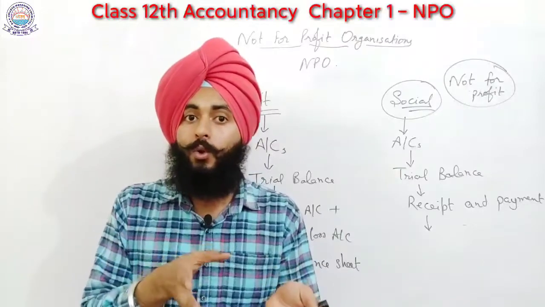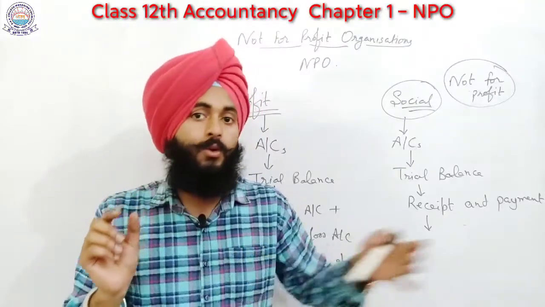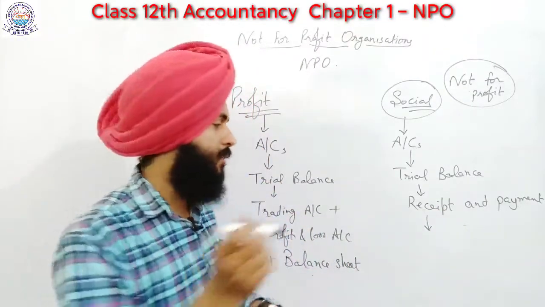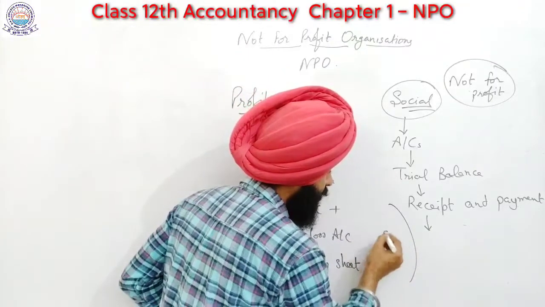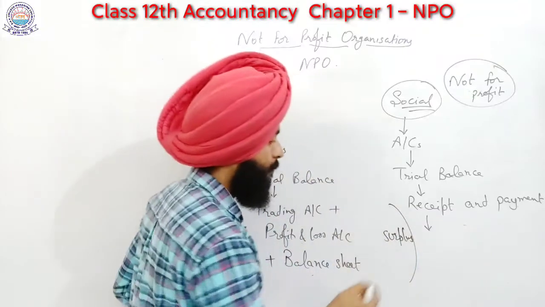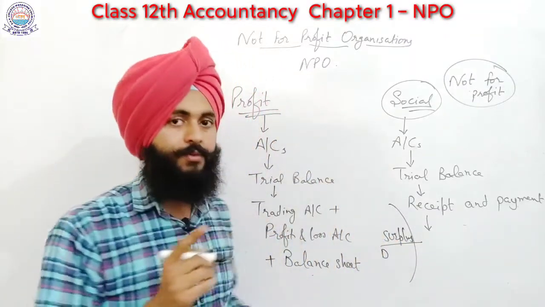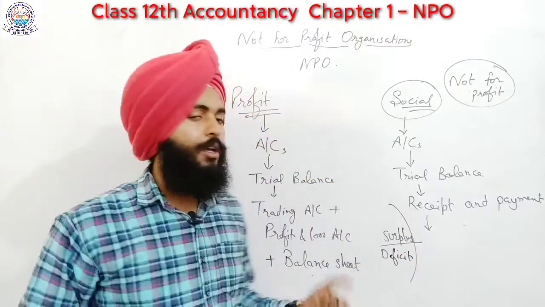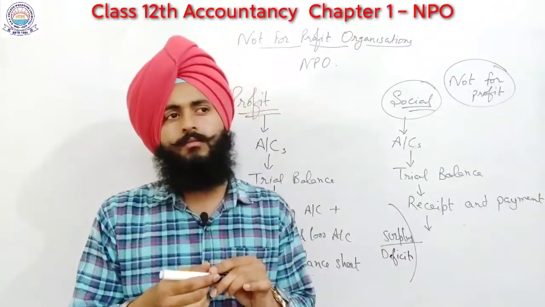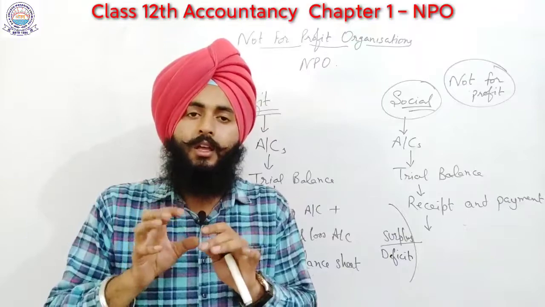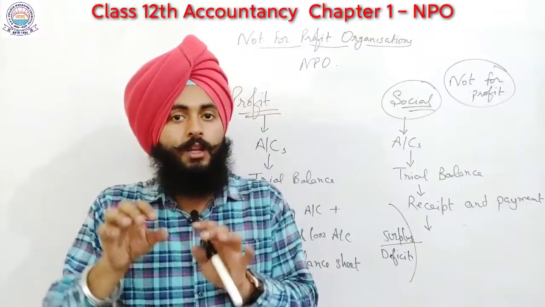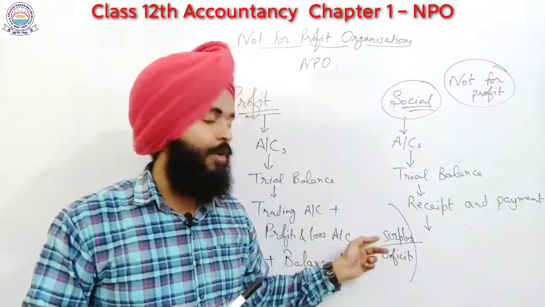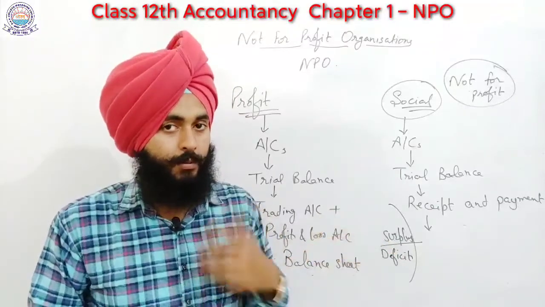But I have already told you that profit, the term profit, we will not use here. So in this part we use the term, देखना जब सरप्लस यूज करते हैं, सरप्लस, और जो उसका उल्टा है, that is related to loss, उसको बोलते हैं यहाँ पर डेफिसिट. Surplus is just defining that you have more amount of income than amount of expenditure. आपके पास इनकम ज़्यादा है एक्सपेंडिचर से, so you have surplus money. Okay, surplus amount आपके पास है.